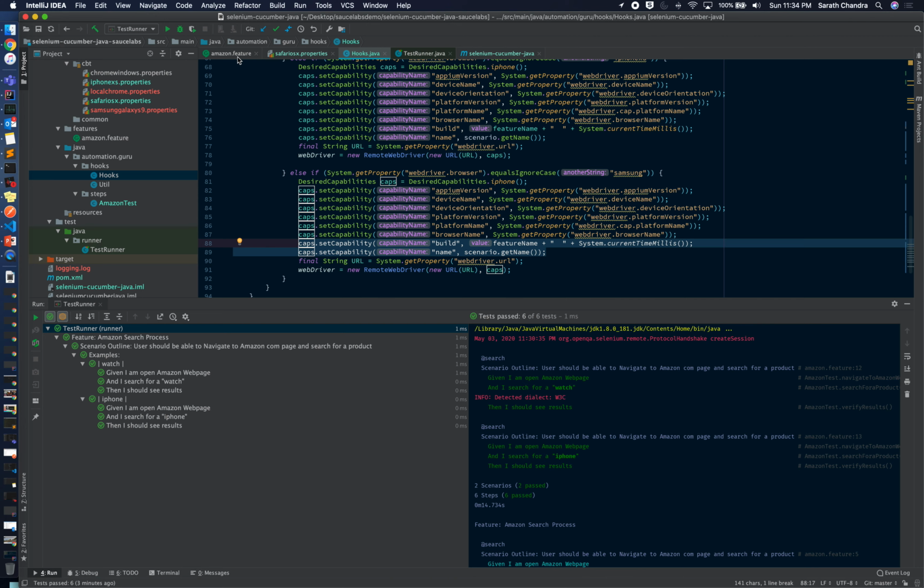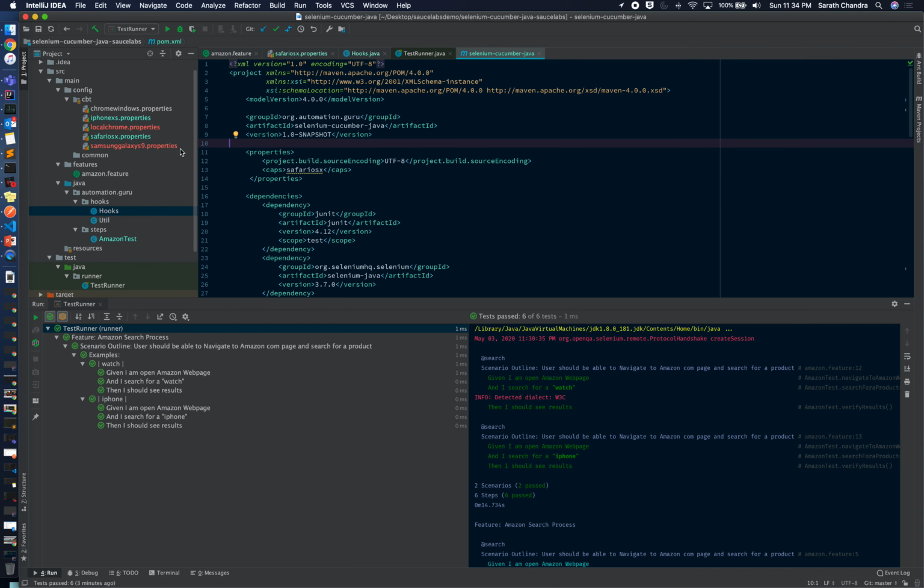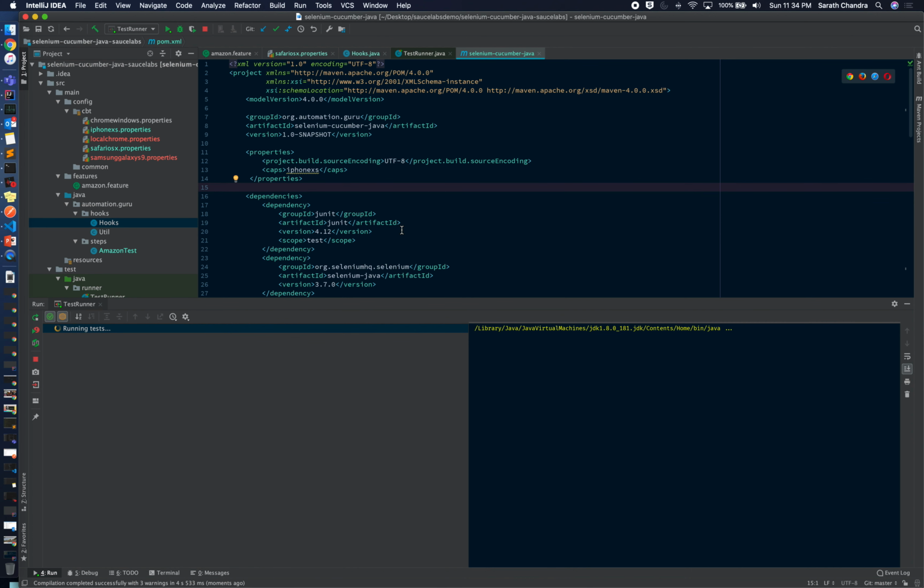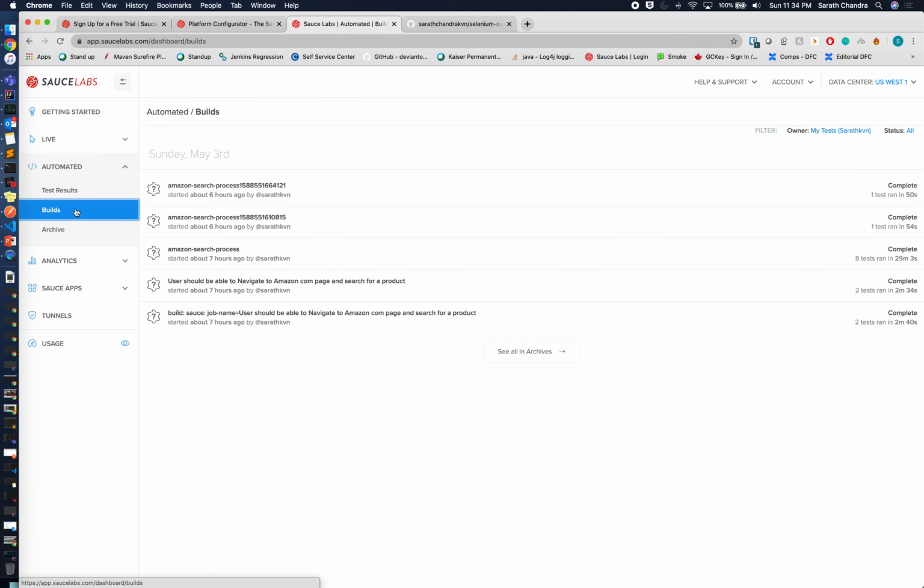Very easy. Now let's go ahead and quickly understand how we run the automation for the iPhone. All I have to do is just do iPhone, and everything else is already done. Just click on run. This time I'm doing it from my JUnit runner instead of the Maven build. So if I click on my builds,